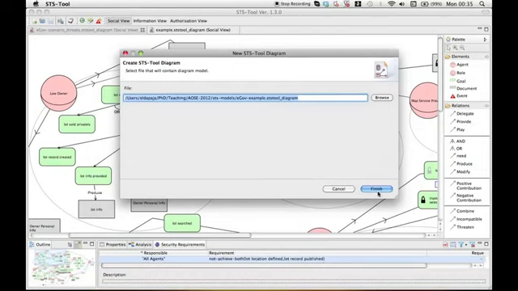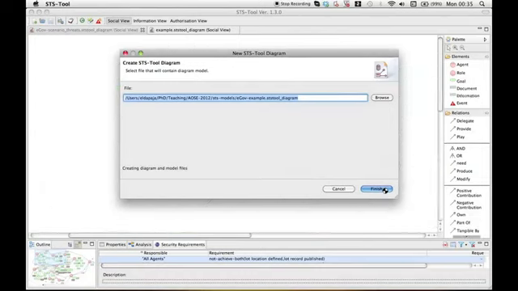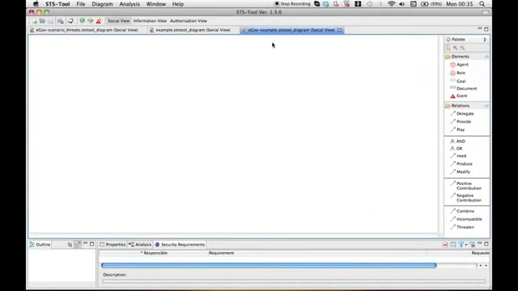Give a name to the diagram and finish. So in this way, we've created a new diagram. This is the tool. Here we have the drawing canvas. Here on the right is the palette in which we have the different elements such as agent, role, goal, document,